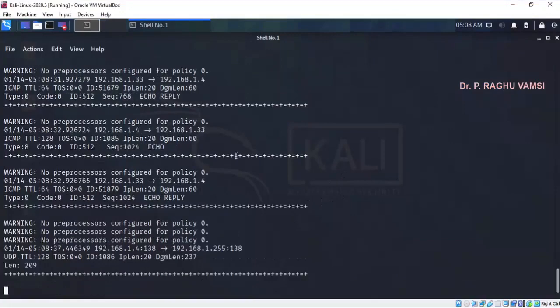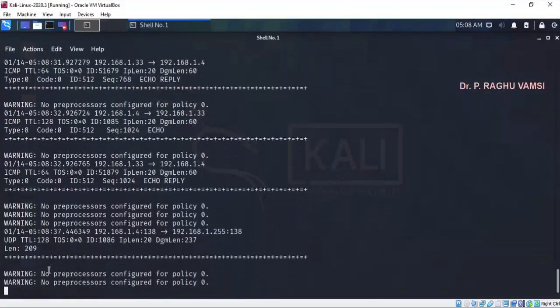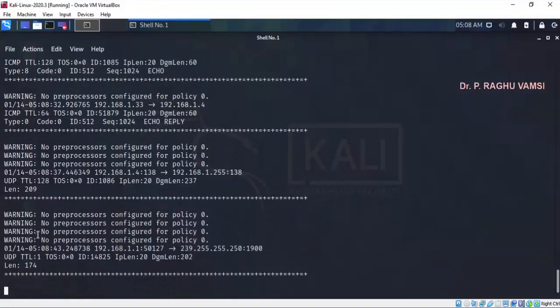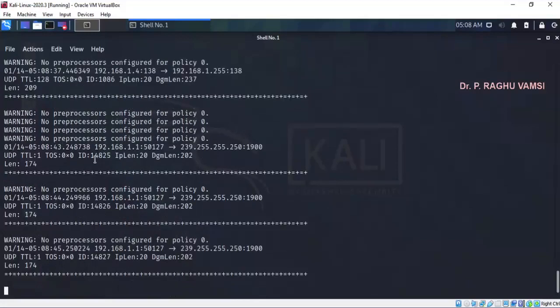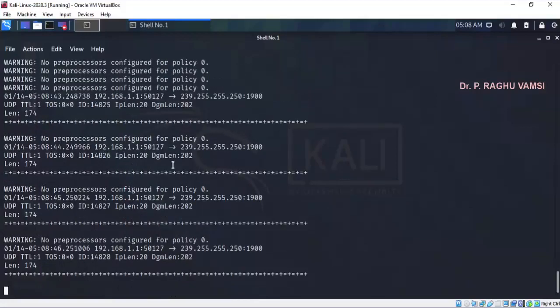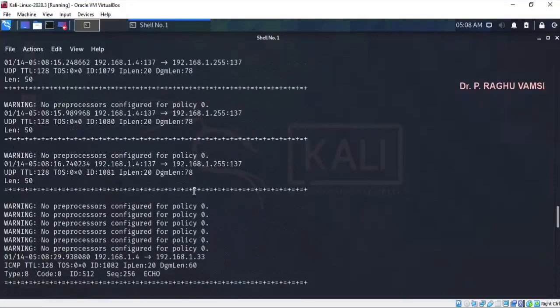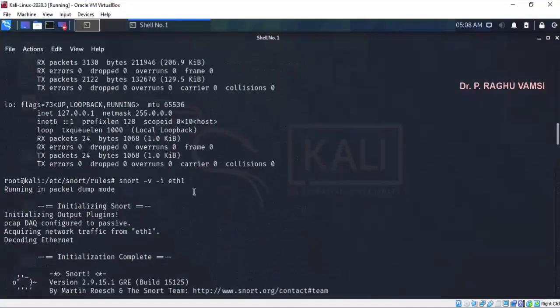Here the packet capturing is going on. The TTL is 128, and it is having things like this. It is simply sniffing on Ethernet 1. So you are getting so many packet traces like this.